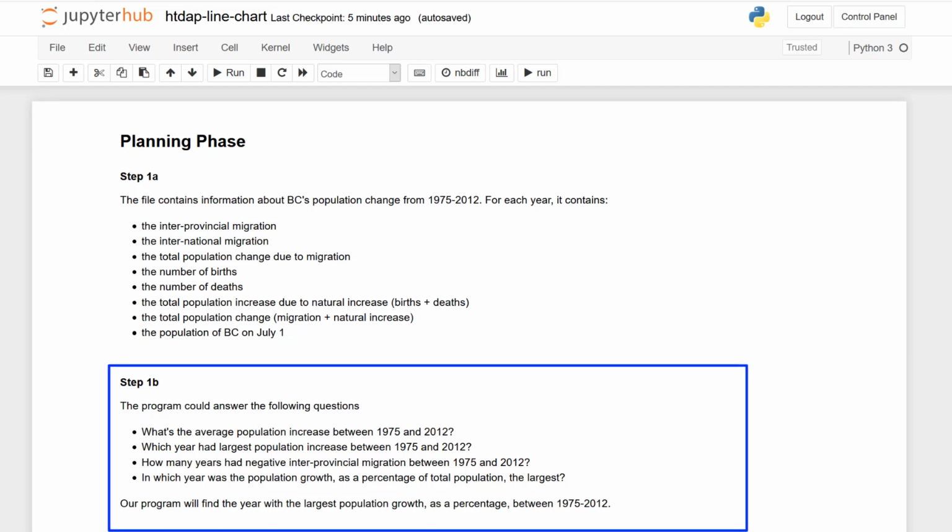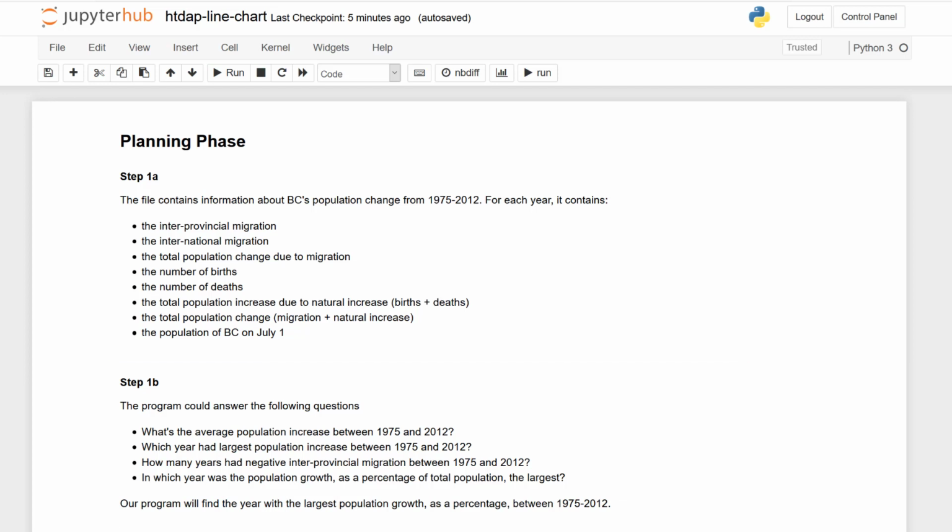For step 1B, all of these ideas are still valid, and our program could answer these questions. I will add our line chart as an option and update our goal for the program.